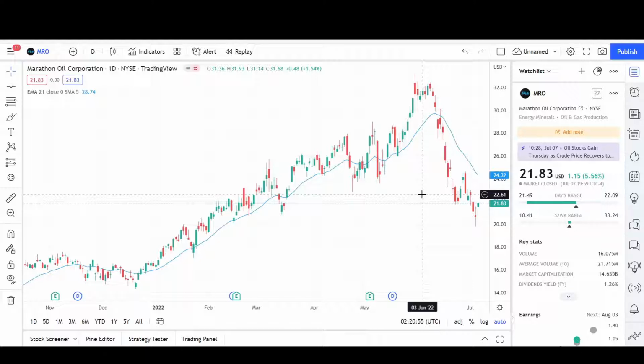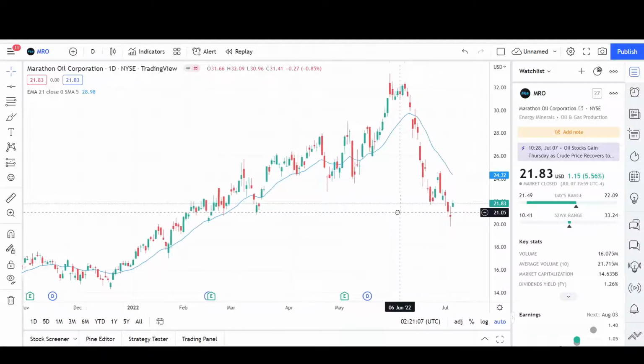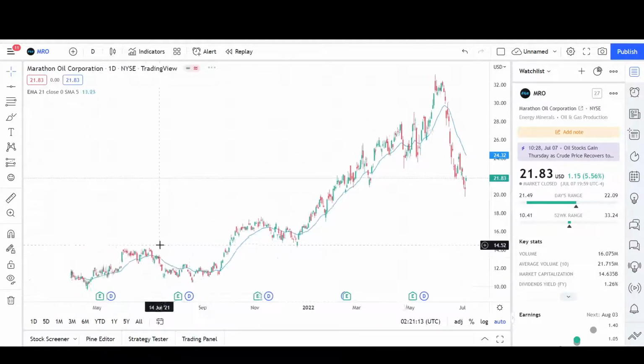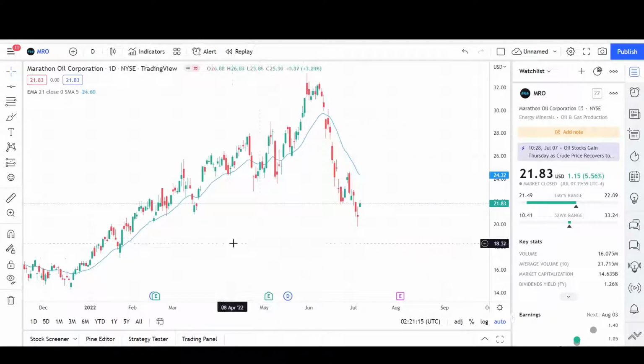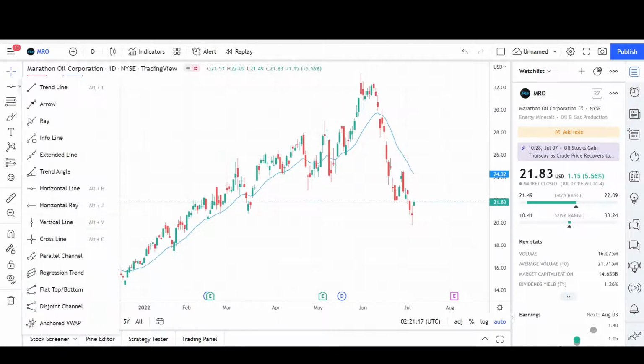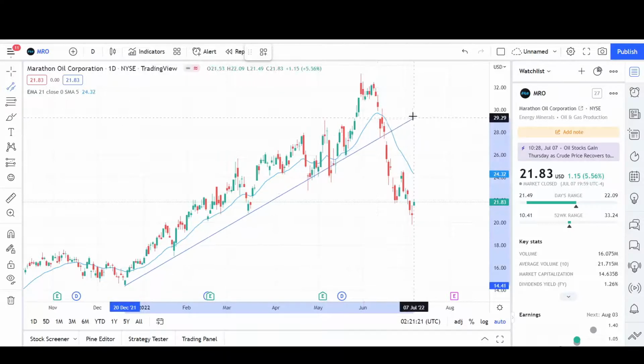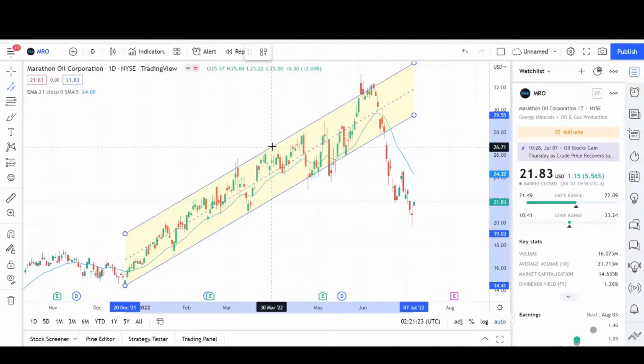I will first go over what I see in the daily chart and finish the video off with the weekly and monthly chart. So here we have the daily chart for MRO. It looks like it's been going up since the beginning of this year, even before that, but we'll focus on this year's price action. So for the most part, it's been inside of an uptrend, but the uptrend came